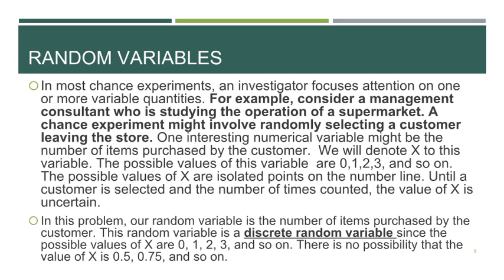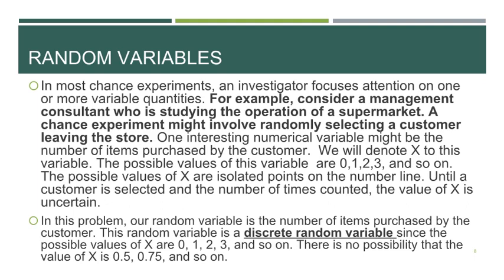The possible values of this variable are 0, 1, 2, 3, and so on. The possible values of X are isolated points on the number line. Until a customer is selected and the number of items counted, the value of X is uncertain. In this problem, our random variable is the number of items purchased by the customer. This random variable is a discrete random variable since the possible values of X are 0, 1, 2, 3, and so on. There is no possibility that the value of X is 0.5,